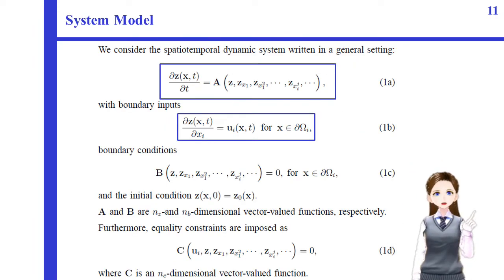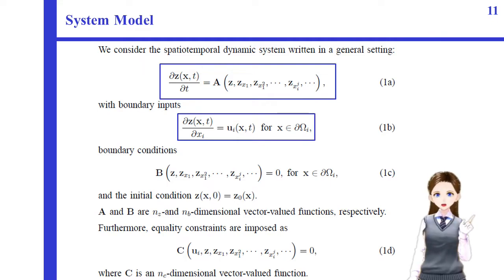Here, we consider the spatiotemporal dynamic system written in a general setting as shown here. A is a vector-valued function that contains arbitrary partial derivative terms. Also, we consider boundary inputs like this. Moreover, we impose constraints on the system as shown here because the model predictive control method is advantageous to deal with